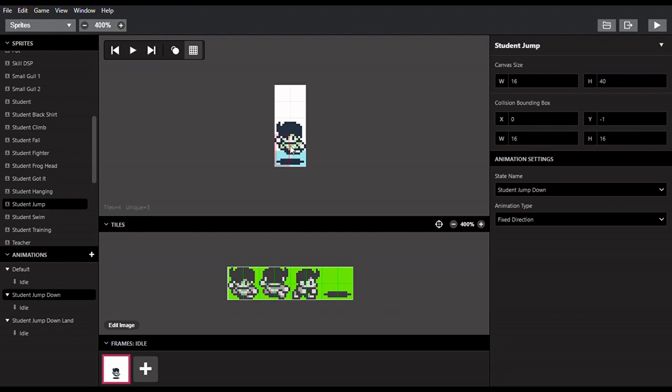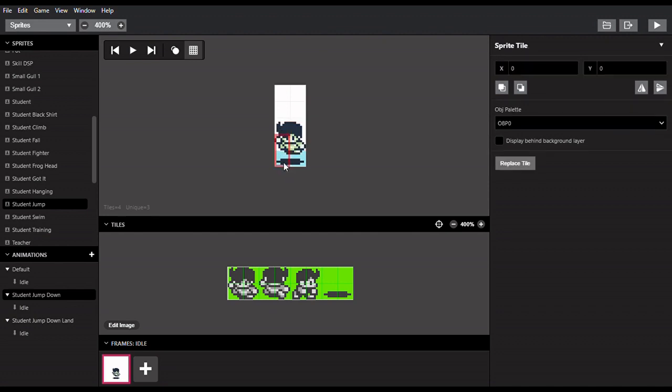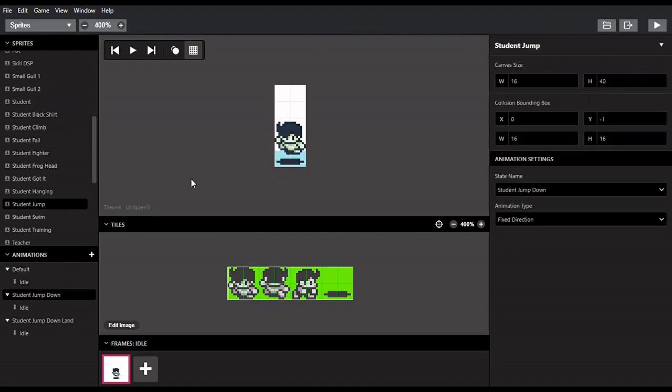I created a whole separate sprite called student jump. And I set one here with him. As you can see, here's the jump sprite. One is the shadow, and one I also use for his attack stance. So hover him up, play around with the pixel height, push it around until you feel satisfied as you play with it. You can move him around a little bit, just to get it how you want. And then for the land, I put him back on the ground, and I left the shadow as well,